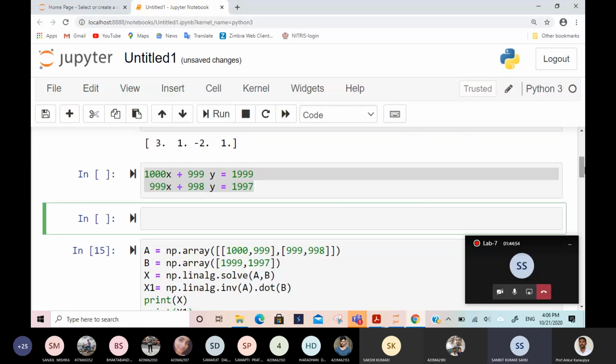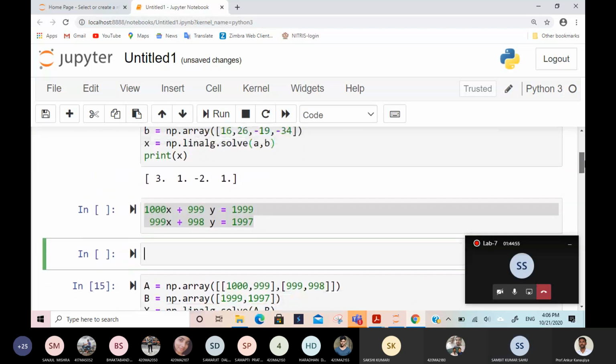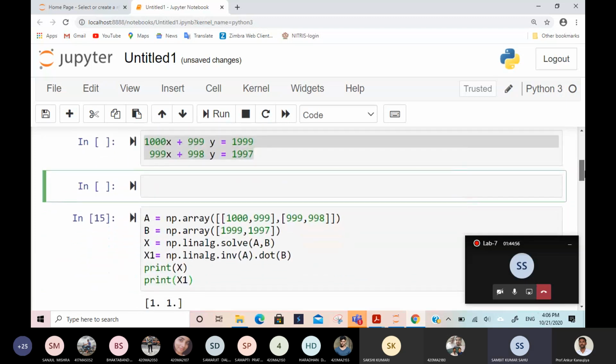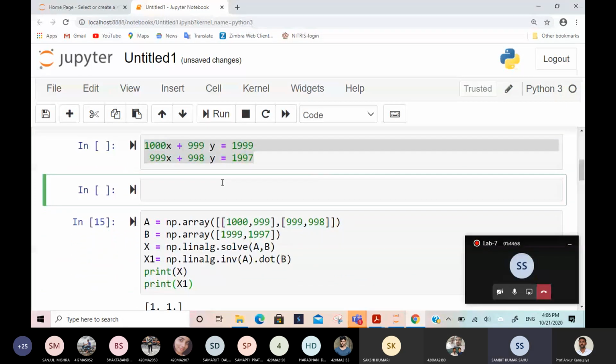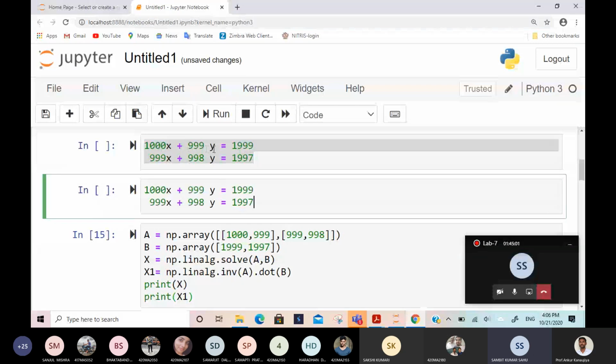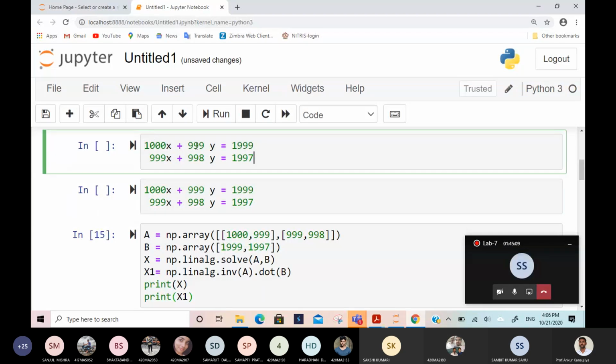Don't wait for me. Here also we can guess 1, 1 because the row sum is 1. I say guess because I already gave you this problem, you already solved it, and it gave 1, 1. So this time maybe you can guess the answer.